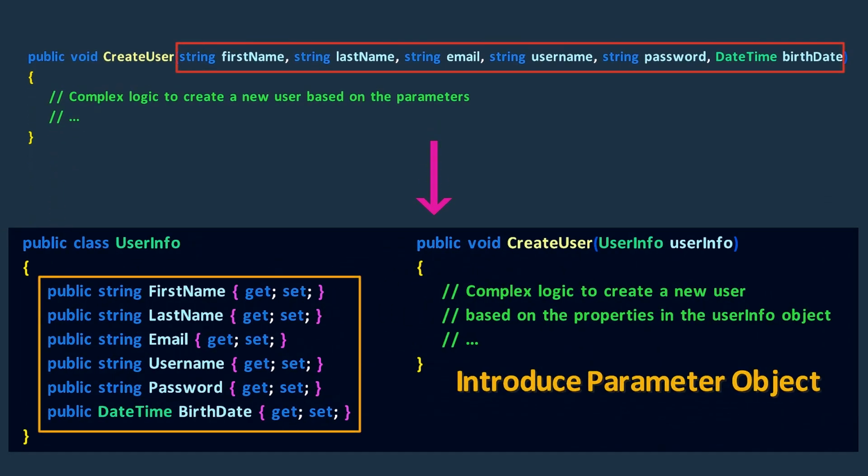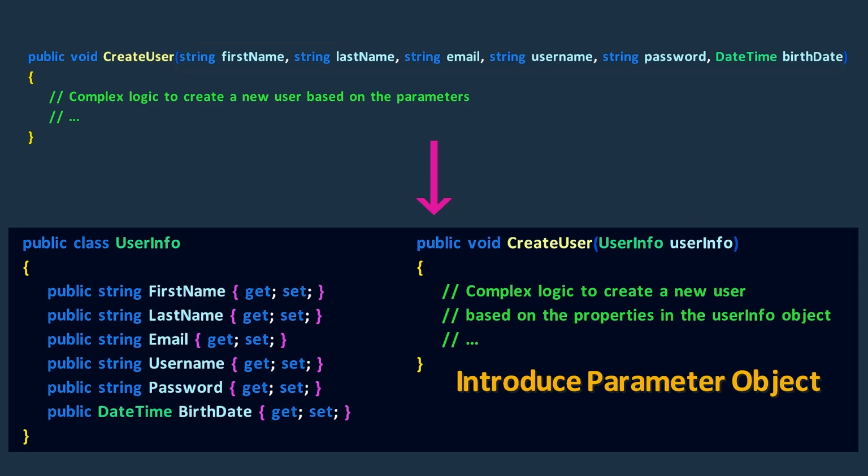We can take all those user details and group them together into a new UserInfo class. Then, our createUser method simply works with one UserInfo object instead of a bunch of parameters. That will make the code much cleaner and more manageable. By putting those related details into a class, it opens things up for the future too. Now that we have that UserInfo object, we can use it in other parts of the program besides just creating users.